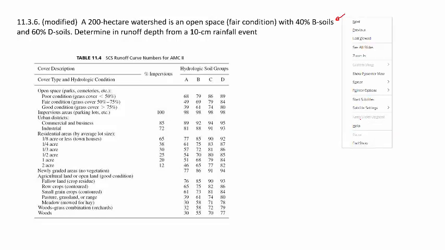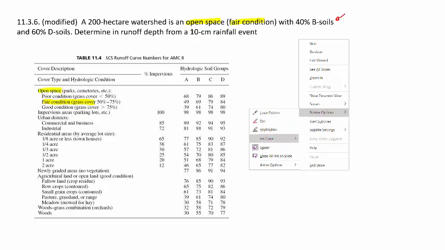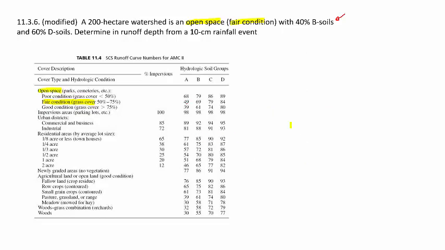So we are going to use the SCS method, or curve number, or soil conservation. So we need this information, open space and fair conditions. Open space is parks, cemeteries, etc. And then fair condition. I know that it will be, depending on the soil, fair condition, then it's going to be here. Now, what we have then is